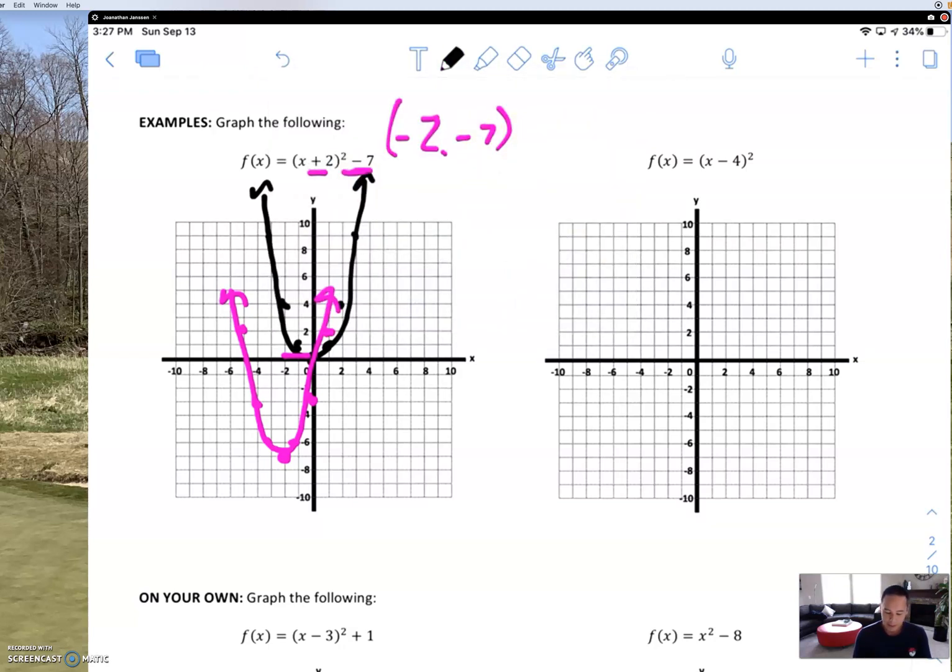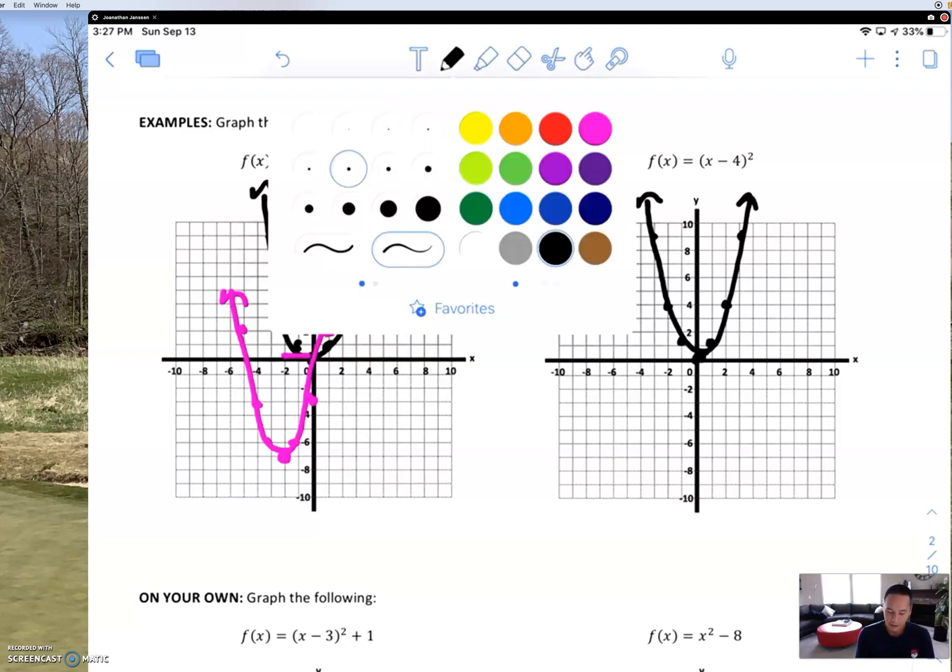Again, I'm going to draw my template here of what x squared looks like. So I'll put (0, 0), (1, 1), (2, 4), and (3, 9), and again on the other side. I'm using this as just kind of a baseline for what the graph normally looks like before we change it. And now if we look over here,